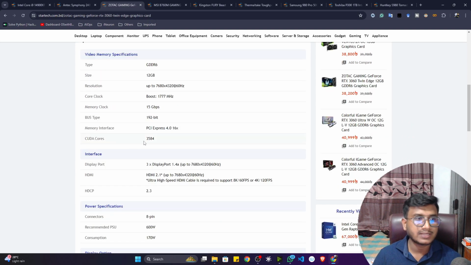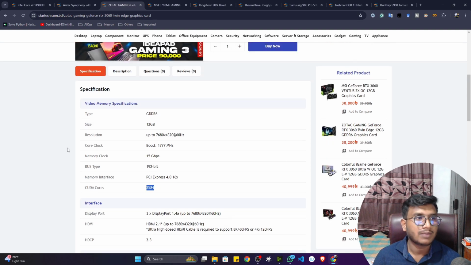So guys, CUDA core wise, I can say it is having fewer CUDA cores with respect to deep learning, because deep learning needs more CUDA cores if you are training a very large neural network. At that time you need more CUDA cores for the multiprocessing, right? But VRAM wise, I can say it's fine. 12 GB, I think. Whatever work I have done so far as an experiment,